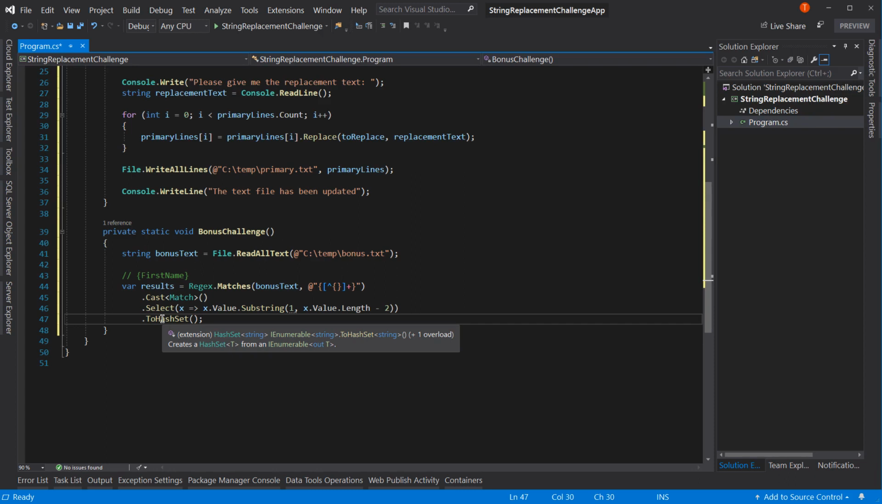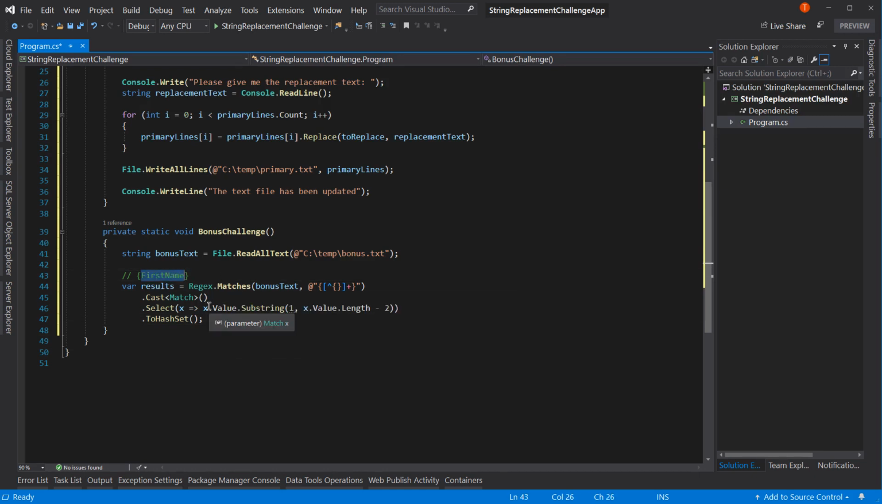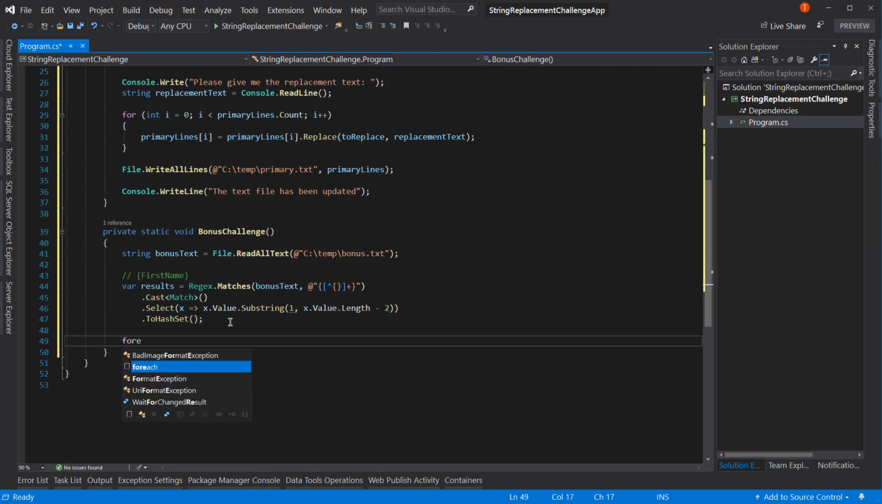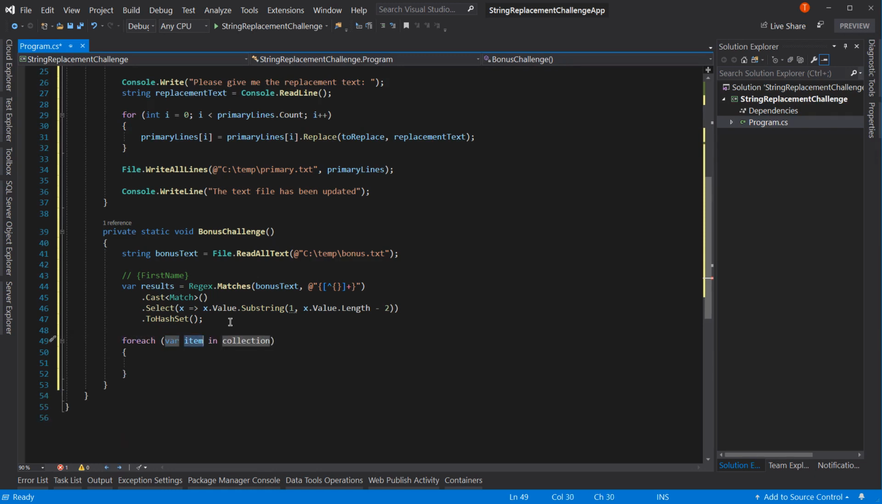Now, it's not going to guarantee the order. The order is not guaranteed in the hash set, but that doesn't really matter. So with this, we can see that we'll have a list of just first name, second name, and third name in the result. Now we can loop over that list by doing a foreach result in results. And we can do